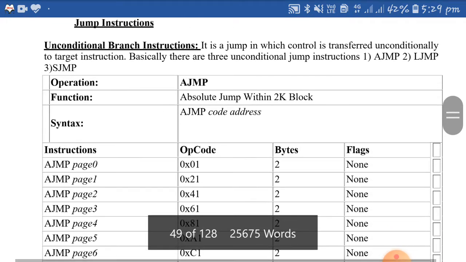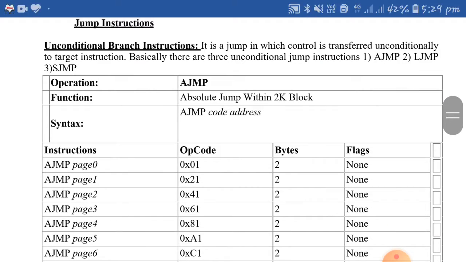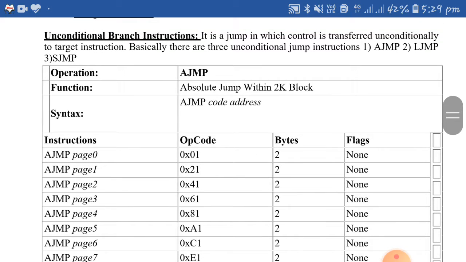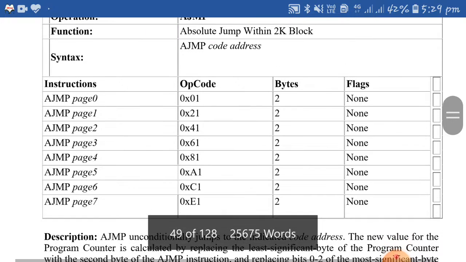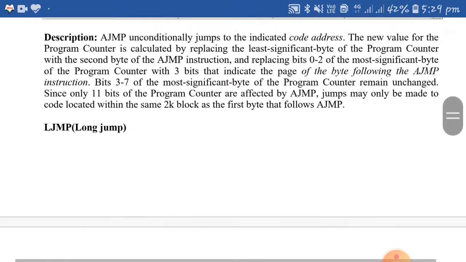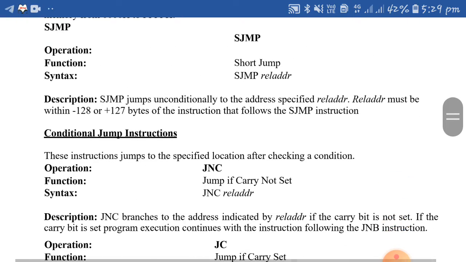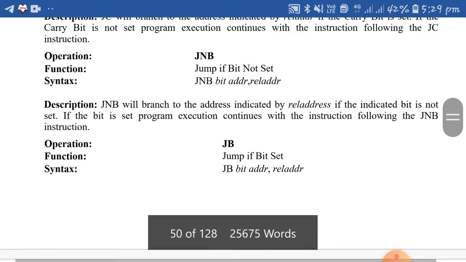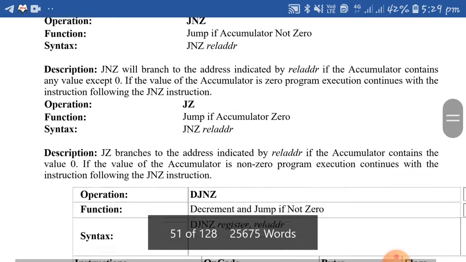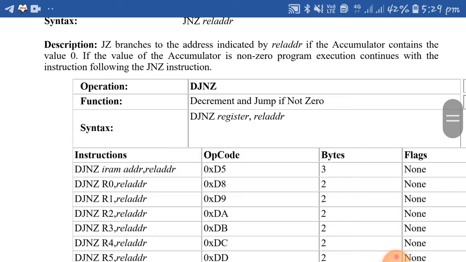After that, finally, jump instructions. In jump instructions you can see the unconditional branch instructions listed here: AJMP, the absolute jump, LJMP, the long jump, and SJMP, the short jump. These are the main unconditional jump instructions.